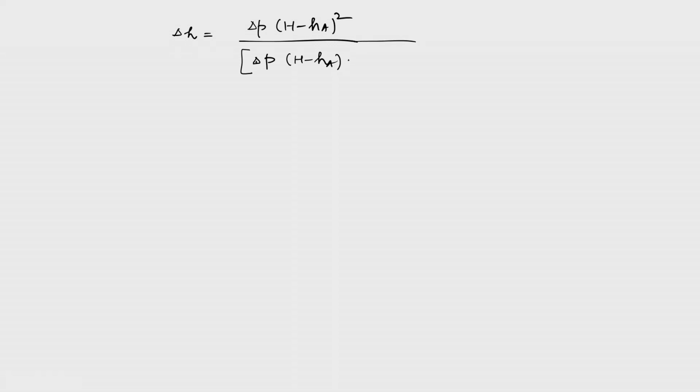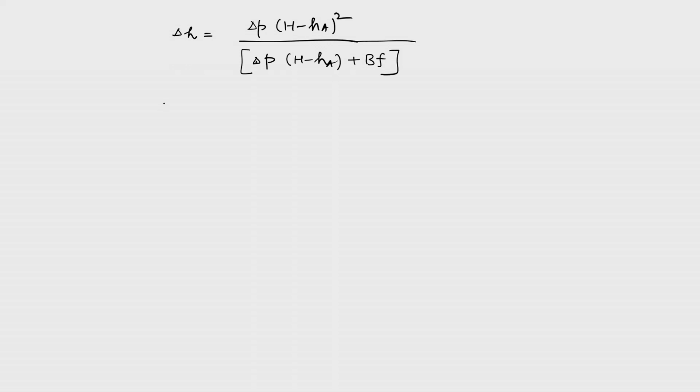So, we expressed the height difference between the 2 points, delta H, as delta P (H minus H A) square divided by delta P, which is the difference of the parallax of the two images for the 2 points. Okay, so can we replace the airbase B with the help of flying height, or in terms of flying height, so that we can reduce one variable in this equation.